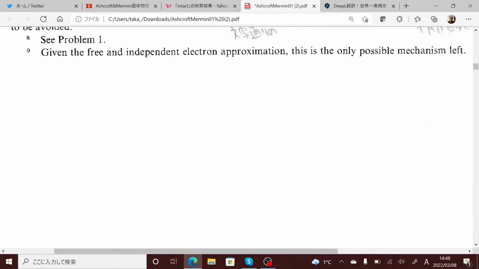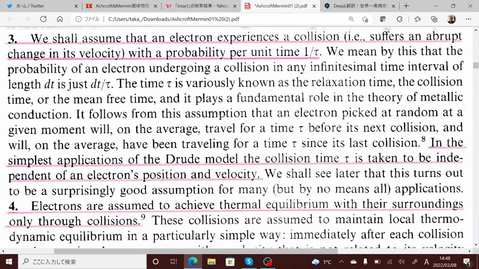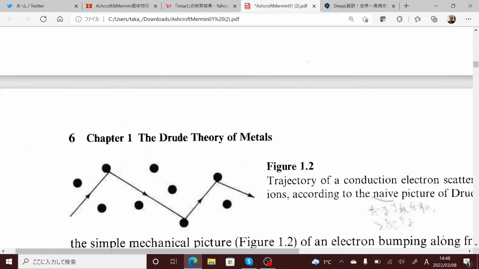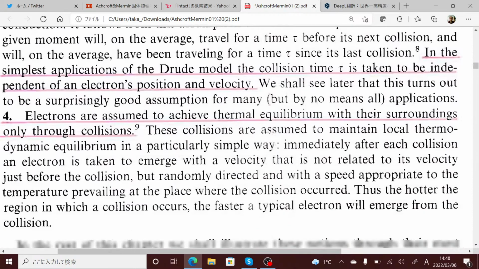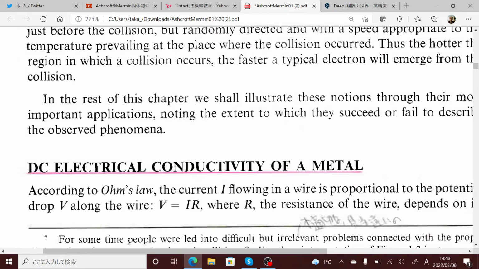Okay, so I can stop here, and it's page 6. Next time, page 6, electric